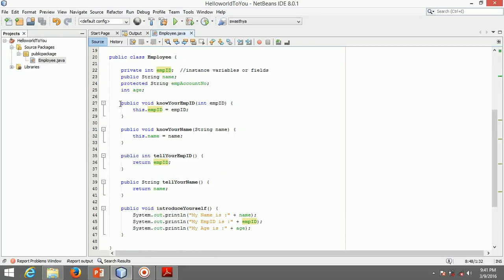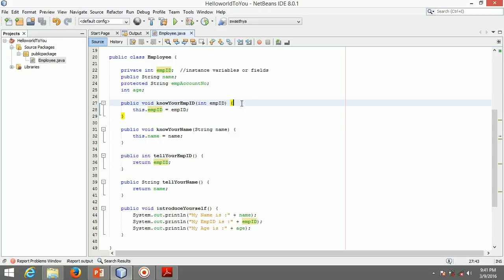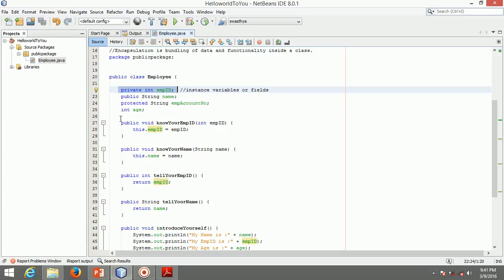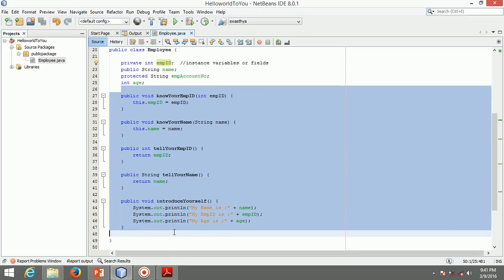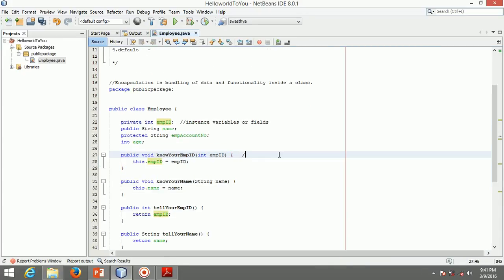These functionalities are also called methods in the Java terminology, and a private variable, a private field can only be accessed by the functionality or the methods.